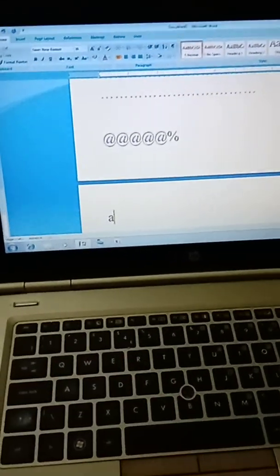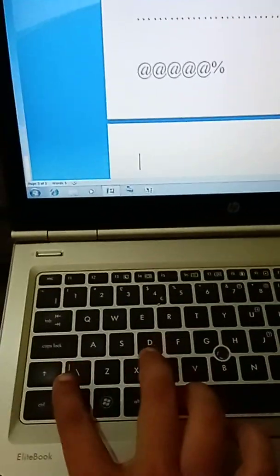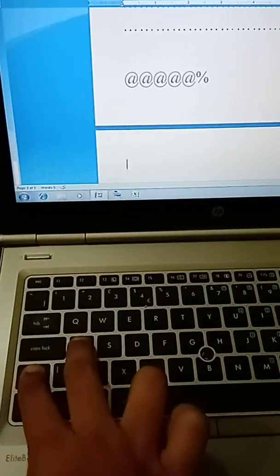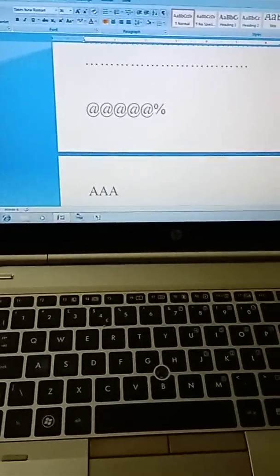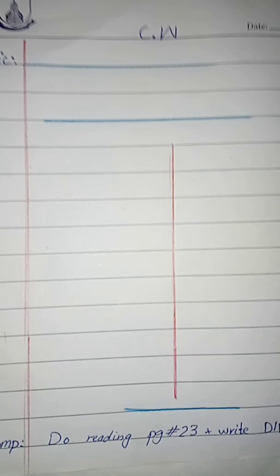Okay. Another use of shift key is to write letters in capital. For example, if you want a single character in capital, then you press the shift key and then press the alphabet. Like we want to write A in capital letter. To write a capital letter, press the shift key and then press A. You will see we write capital A.